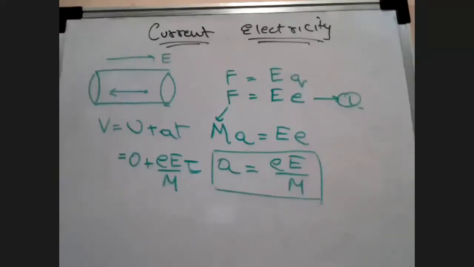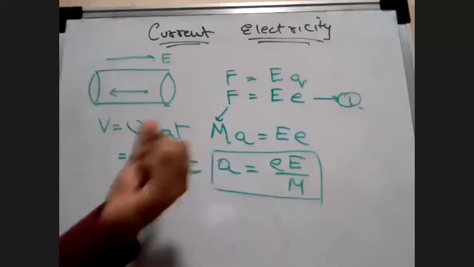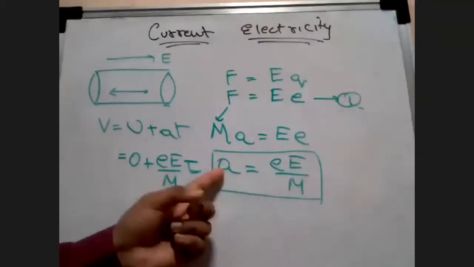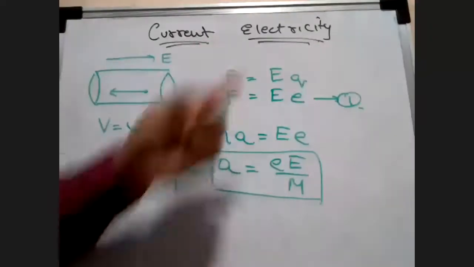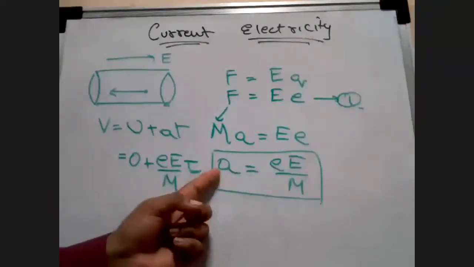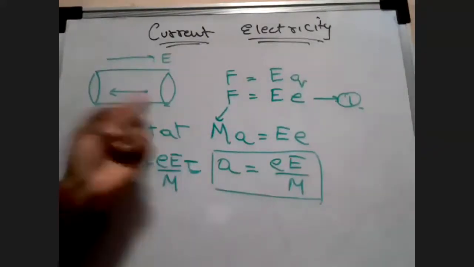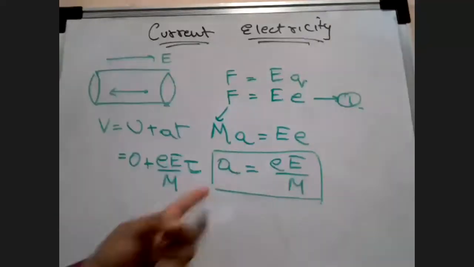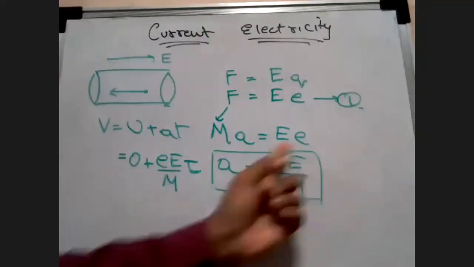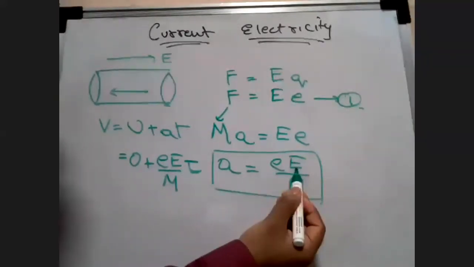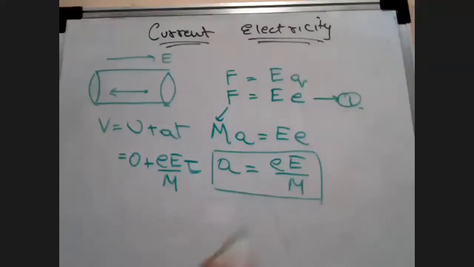Yes, sir. So I substituted mass into acceleration here, which is equal to capital E times small e. And then I found out what is A. What is A? Acceleration. So with this formula, I can derive the expression for acceleration equals small e times capital E upon mass. Acceleration of an electron opposite to the direction of the electric field has a magnitude small e times capital E upon mass, whereas small e represents the electron charge, capital E represents what? Electric field, and M represents the mass of the charge, whatever you consider.